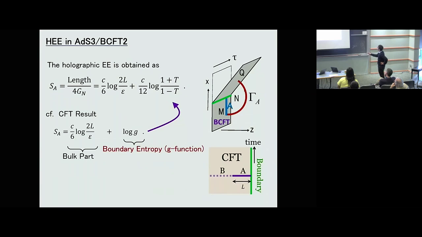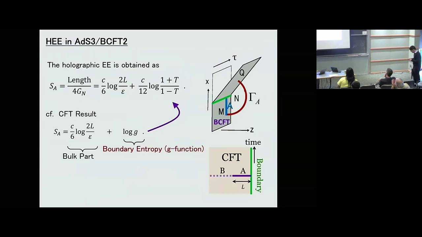Subsystem A is here. Then this length is only attached at the boundary at 1 point, so it gives the c/6 divergence. And this extra piece basically gives a constant part that depends on the tension. If the tension becomes large, then this extra contribution becomes large. Tension is sort of a degree of freedom, and indeed that is related to the boundary entropy. This part is the boundary entropy. So this angle is basically the degrees of freedom localized at the boundary. Of course, this is what we expected.